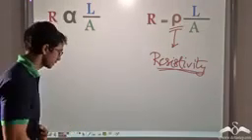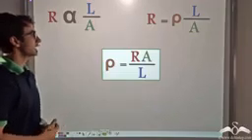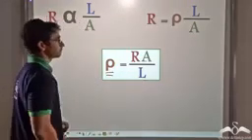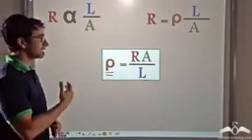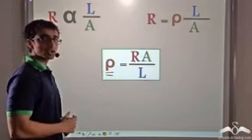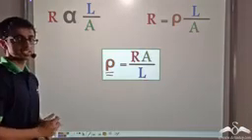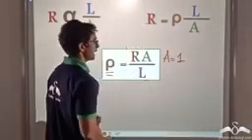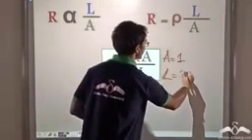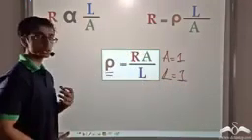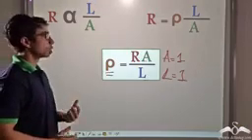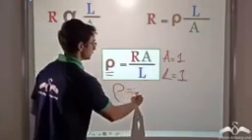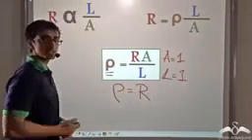in this equation. So if we rearrange the equation, we will find that we get rho as R times A divided by L, or in other words, resistance times area of cross section divided by length of the conductor. So now if we consider a wire that has unit area of cross section and unit length, what will be the resistivity for such a wire? In such a case, the resistivity of the wire will be equal to the resistance of the wire.